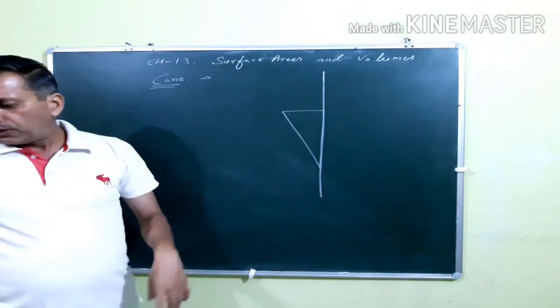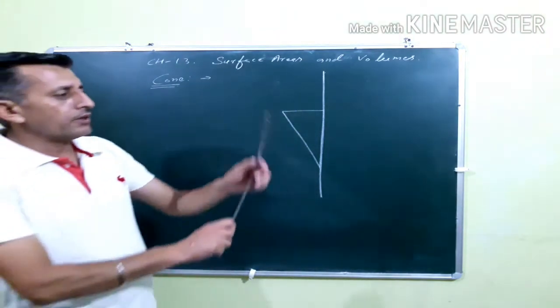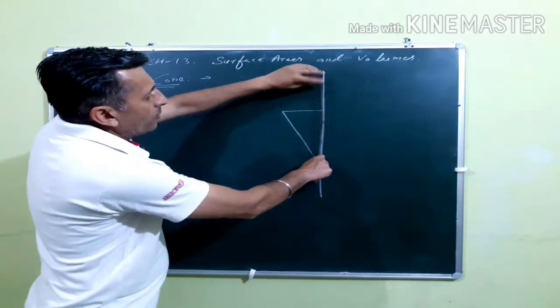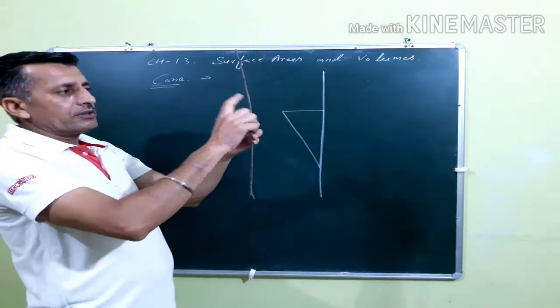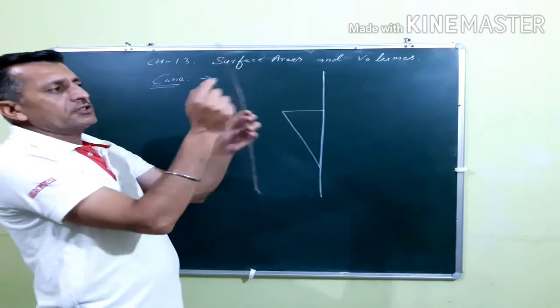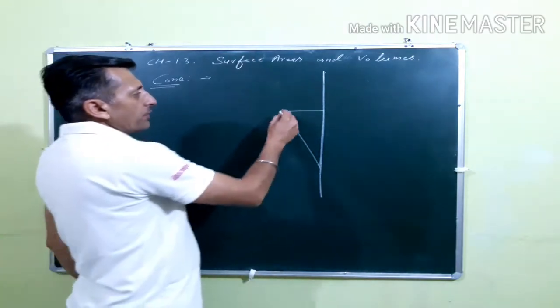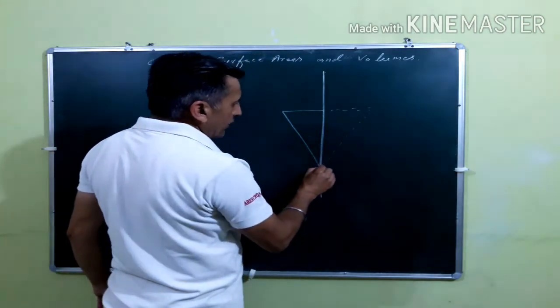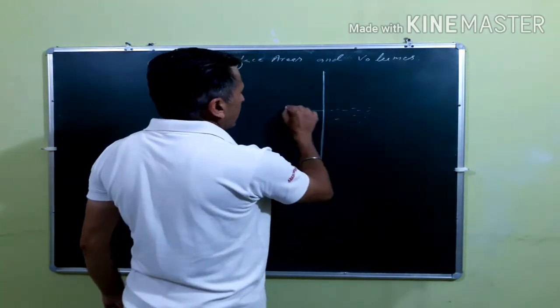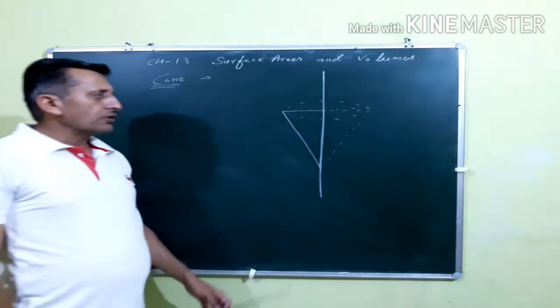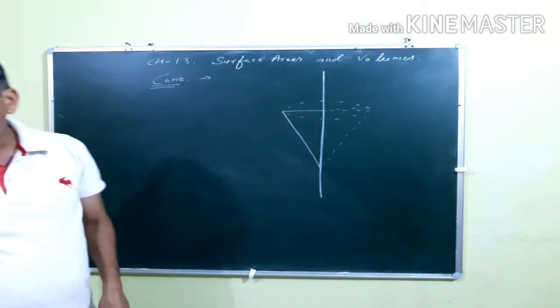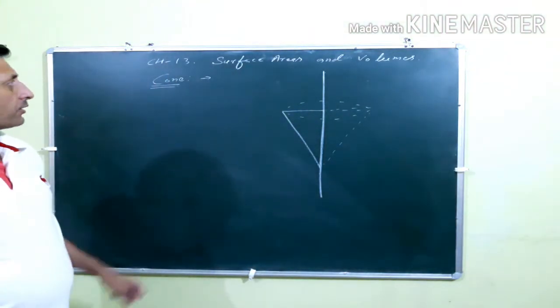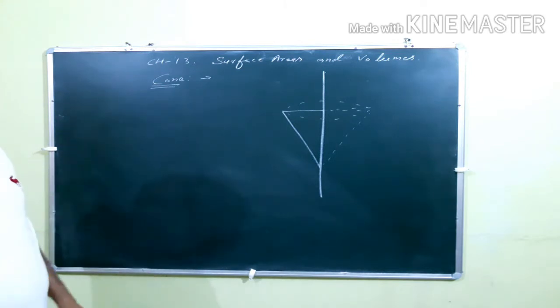When we rotate this right angle triangle, it will move like this, and in this way there is a shape, and that is nothing but your cone. So this is the best example for a right circular cone. Okay, so this is a cone, and after this we have to discuss its